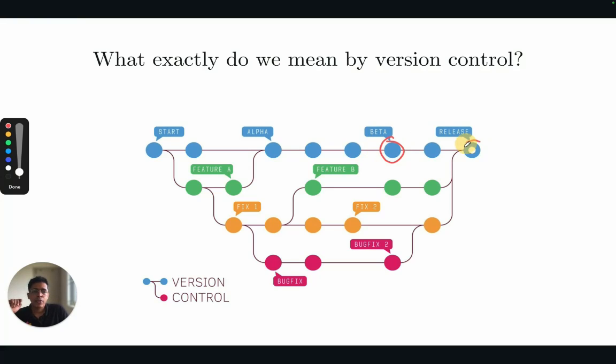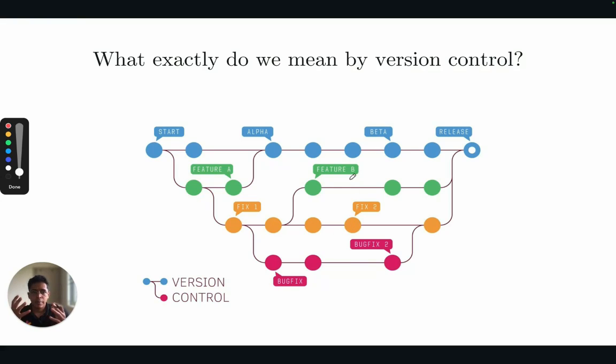And finally, before releasing the final release of the app, we might be adding feature B. We might be fixing some issues. There will be bug fixes, as you can see here. All of these things will be happening, and these things will happen in parallel, not in series. If there are 5 developers, there will be one developer mainly working on feature A, another developer on feature B. There will be some other people who are tasked with fixing bugs after feature A is halfway completed, etc.